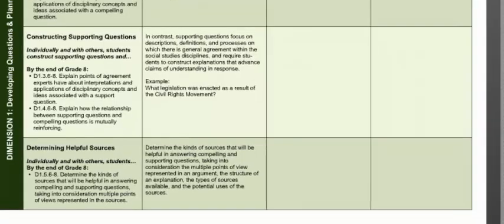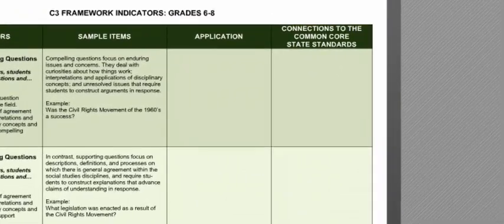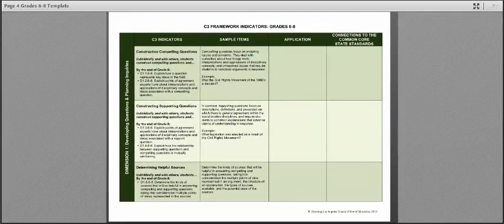The connections to the Common Core should be very obvious. The Common Core in some ways put a stamp on social studies by reducing us to just a couple of pages. But in lots and lots of ways, the Common Core did us two big favors. One, it really encouraged the idea that kids need to read much better, thicker, richer kinds of texts than they have been reading in social studies classes. And the second thing that the Common Core encourages, which is helpful to us, is this idea of writing more ambitiously.